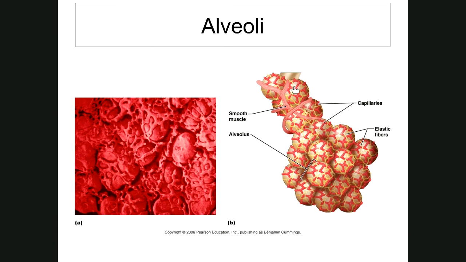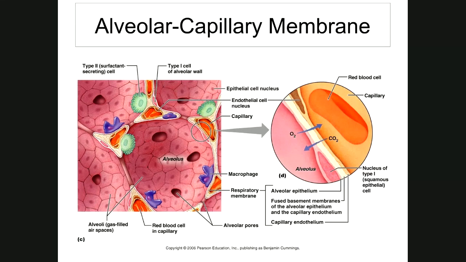In fact, let's go ahead and look at that, and we'll come back to this one in just a minute. Here's an air sac here. You see you have probably 1, 2, 3, 4, and part of a fifth one, maybe a sixth. But you have one nice big air sac here on this left picture, and you can see that it is composed of simple squamous epithelial cells. So it's not one cell that makes up an air sac, it's many. It's a patchwork of these simple squamous epithelial cells that make up each of these alveoli, and there are millions